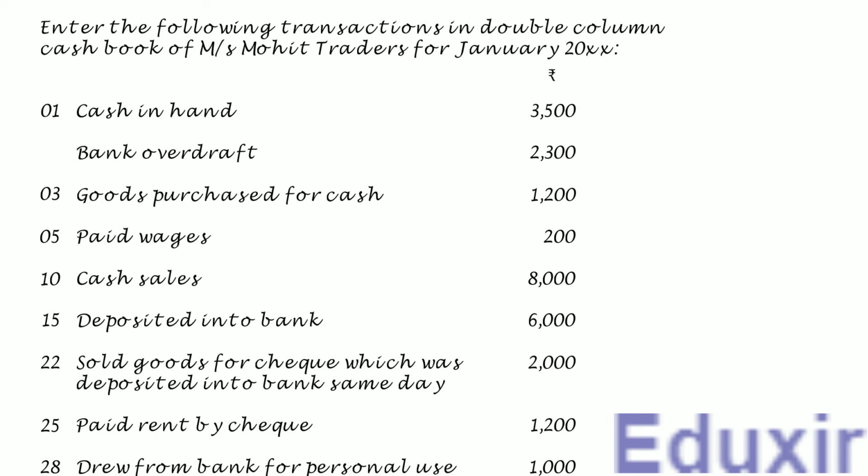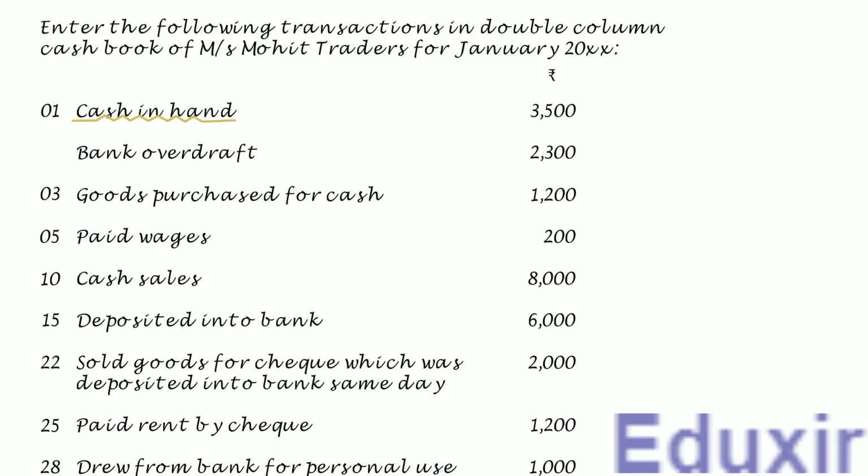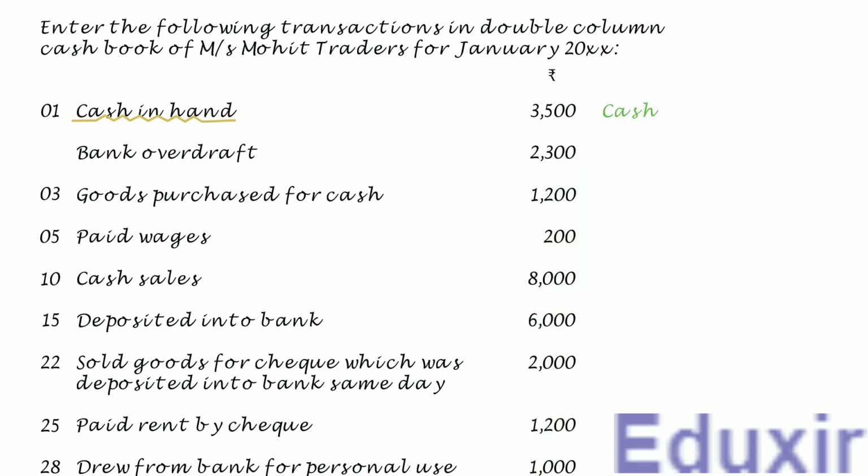In case of the first transaction, the business has ₹3,500 in cash. Note that this is not a case wherein the business has started from scratch. This cash is brought down from the previous month. So we should treat it as balance brought down. In this case, the cash brought down is an asset of the business. The rule to record any asset is to debit the corresponding assets account. In this case, the cash account should be debited. To keep things simple, we will consider this as cash brought down from the previous month. Let's not deal with the credit part of it.